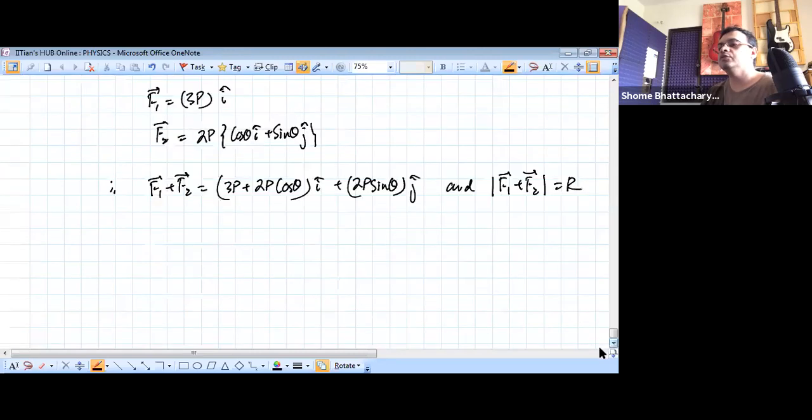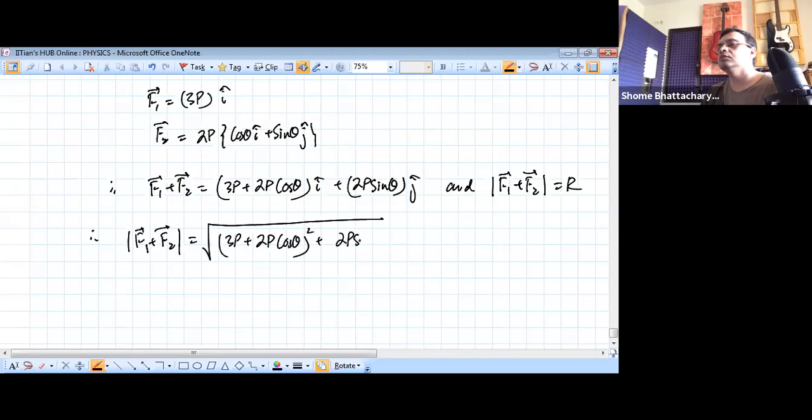So therefore we can say that mod of f1 plus f2, which will be square root of (3p plus 2p cos theta) the whole square plus (2p sin theta) the whole square, is equal to r. So when you solve this now, it will give us the same thing that we had got in equation 1 earlier,